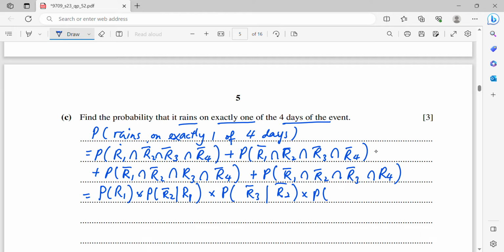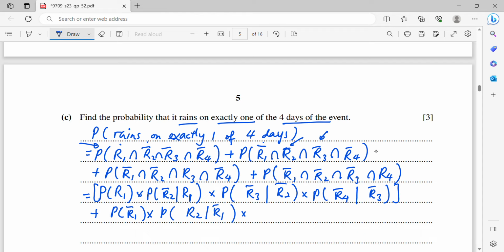times P, R3 not rain, but R4 not rain. That is all, this will be the same as the first case, which is raining on the first day. Okay, so if you write like this, then you can see clearly. Now plus P, first day not rain, now second day rains. So first day not rain, second day rain,